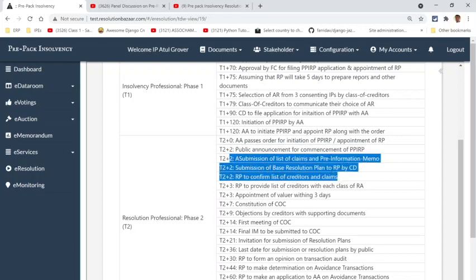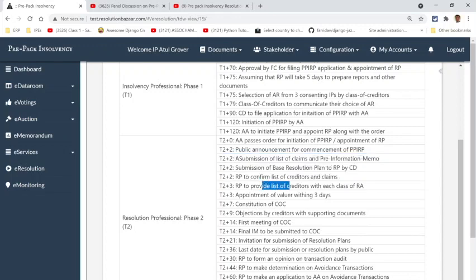Immediately he will start contacting the creditors. The resolution professional will also provide the list of creditors with each class to the resolution applicant. There's something I'll have to double check on this line.